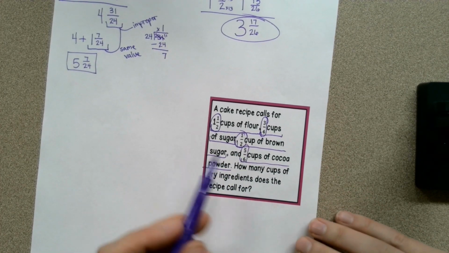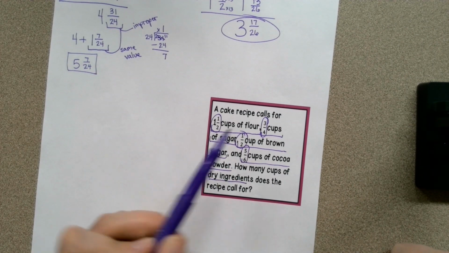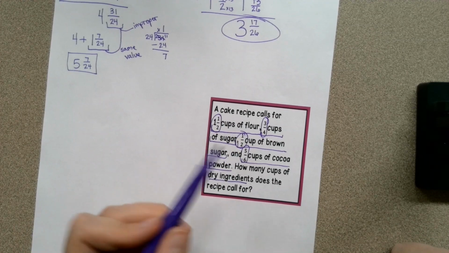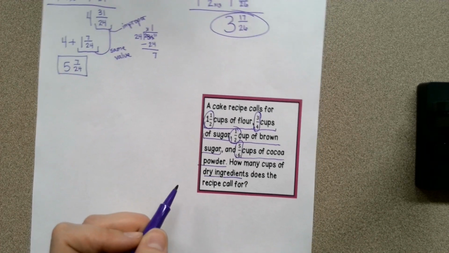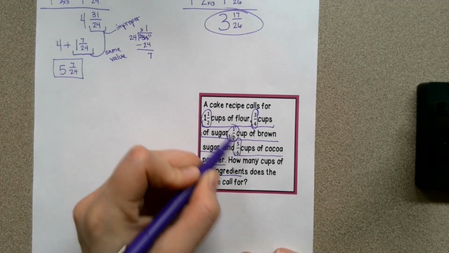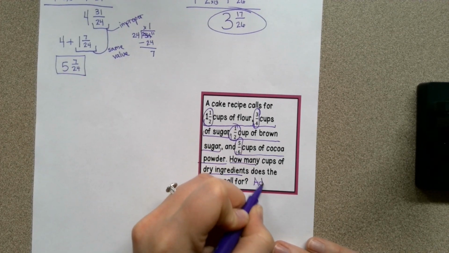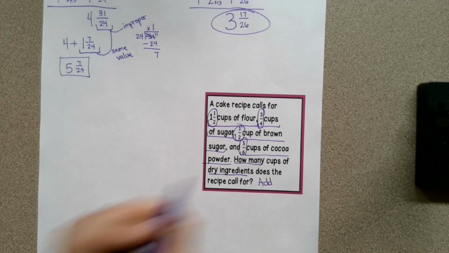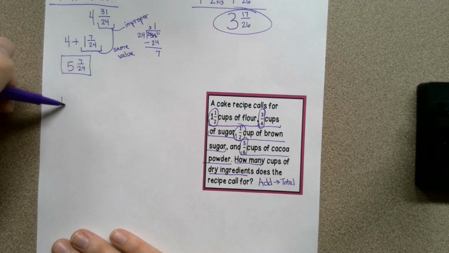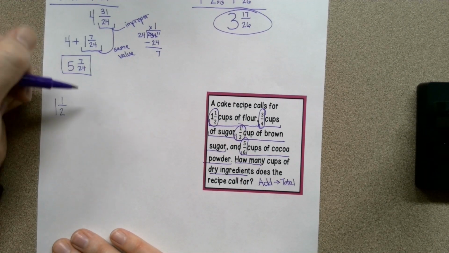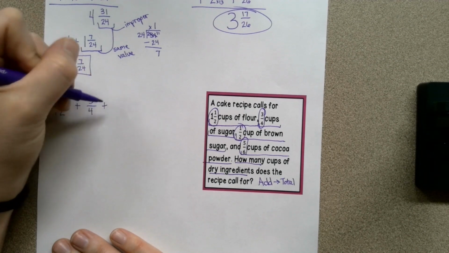How many cups of dry ingredients does the recipe call for? So we want to make sure that all of these are dry ingredients, meaning they're powdery. Flour, sugar, brown sugar, cocoa, good dry ingredients. So in this case, how many in all, we are going to add them together to find the total amount of ingredients. So we're going to add 1 1/2 plus 3/4 plus 1/2